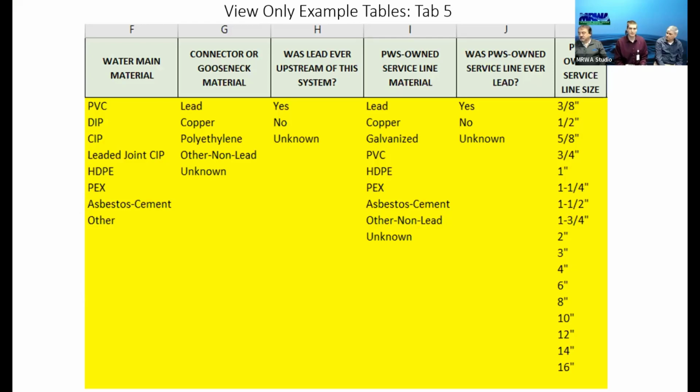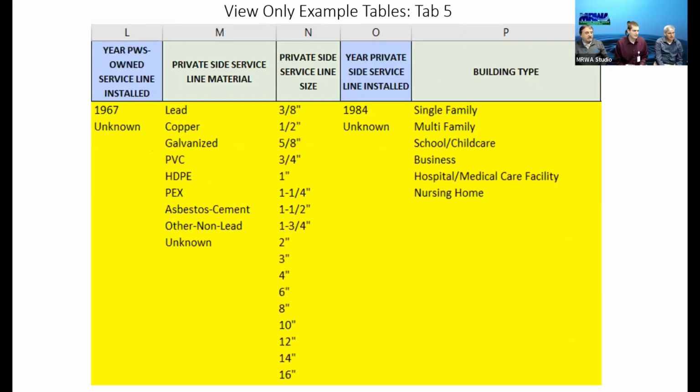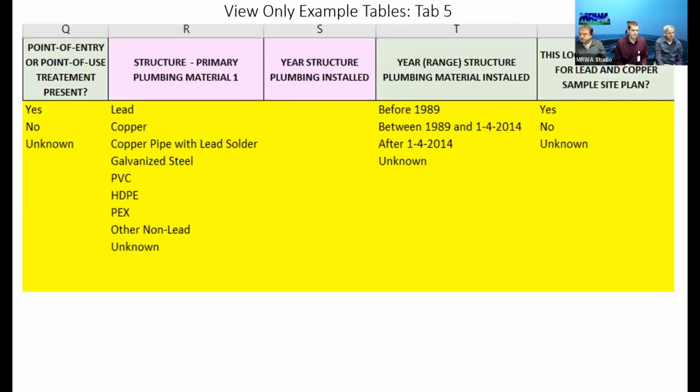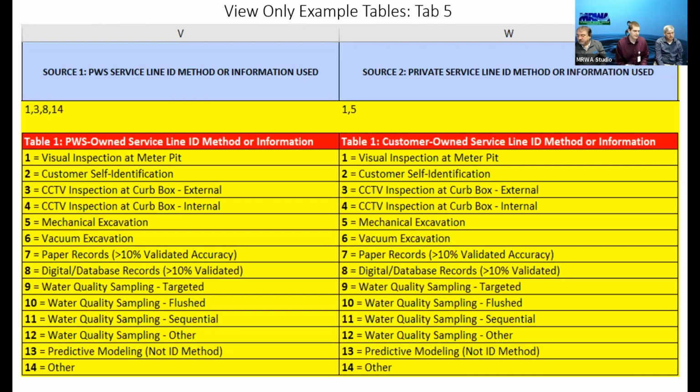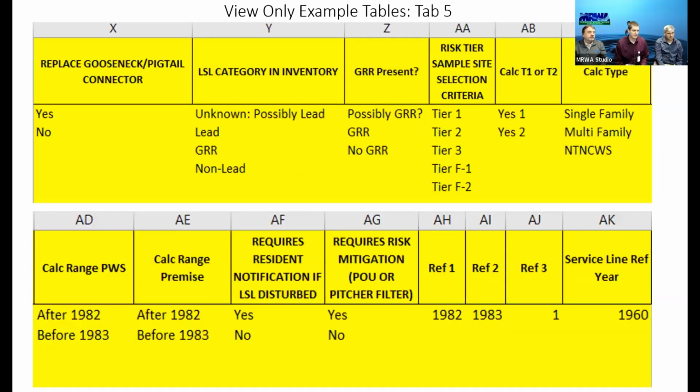Okay, and next slide shows an example of specific year or unknown, different types. If you want to scroll through a couple of those, you all can view those on that yellow tab, just to be helpful. There it shows the ID methods and what entry of those numbers might look like. It also shows the risk tier options under the LCR. Those could change under the new rule when it goes into compliance.